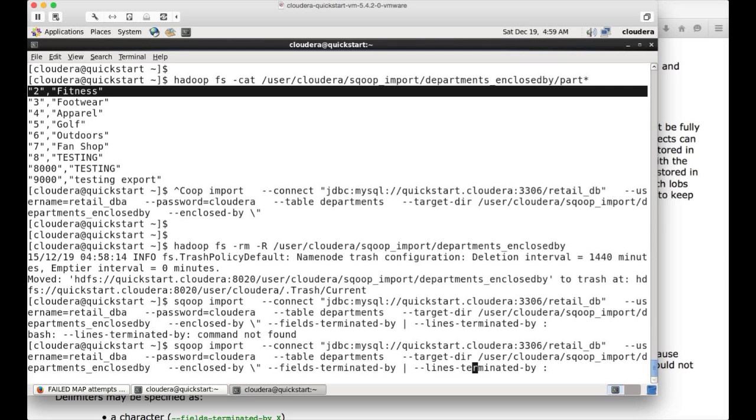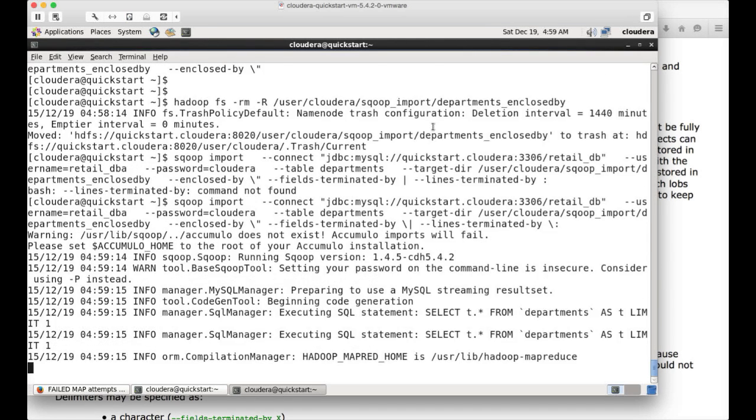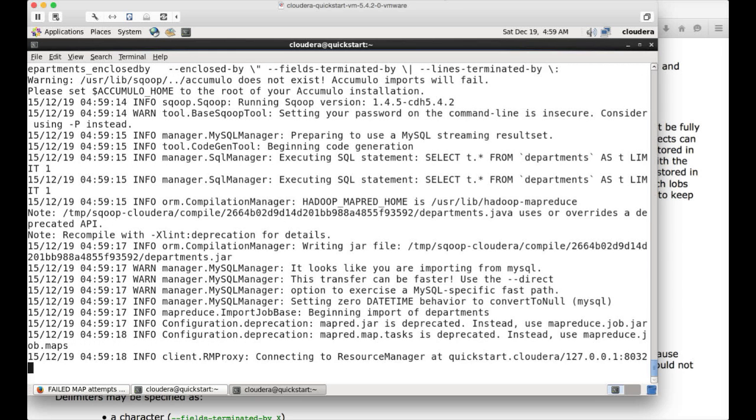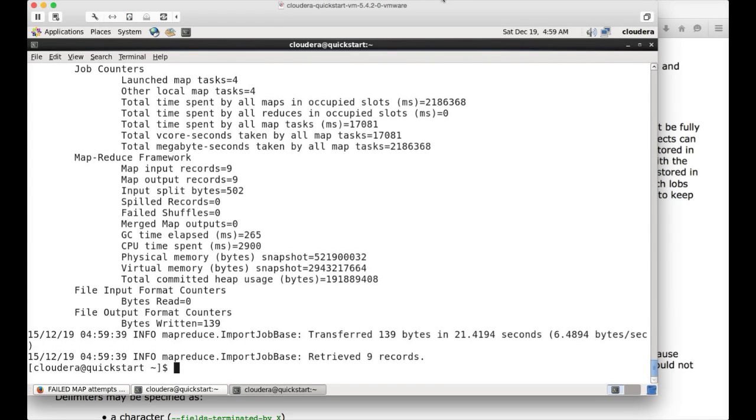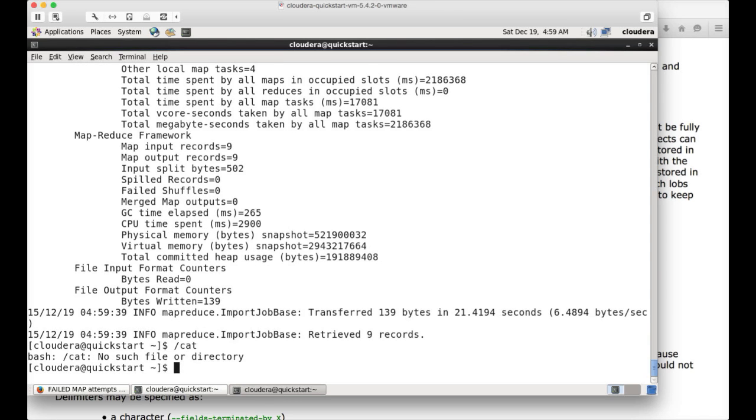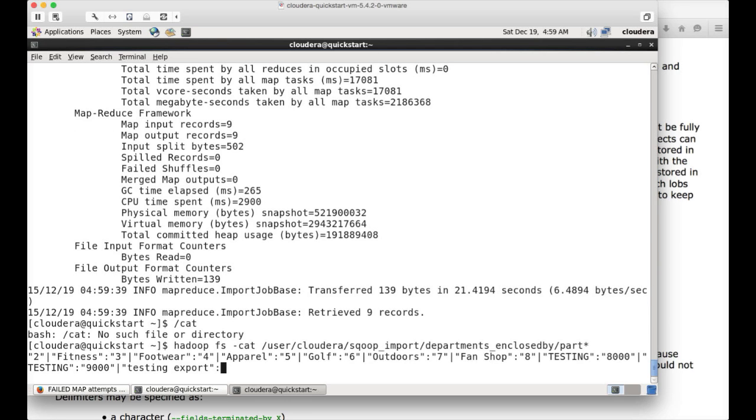Again, it could be special characters. Okay, now the import command is running. Once it is done, we will validate. So now the import is done, and let's see how the data looks. You can see that each field is delimited by pipe within the record, and then each record is delimited by colon. So this is how you can actually change the delimiters of